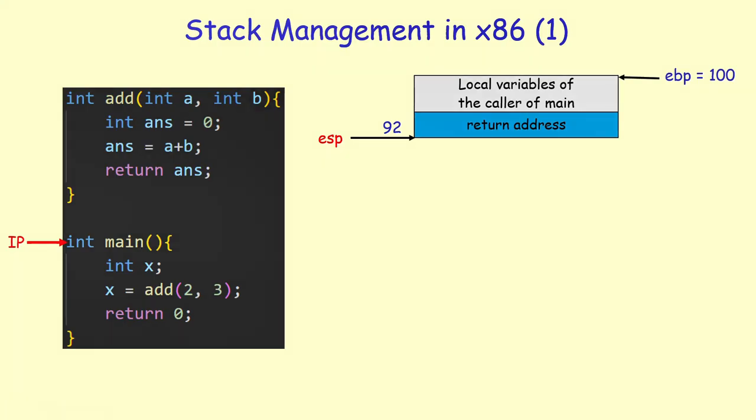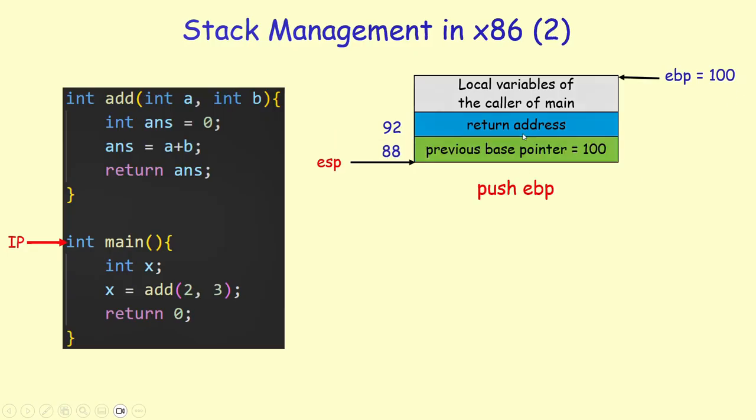Because we are starting to execute the main function, the first thing we have to do is to move the base pointer to point to the base of the call stack of main. To do that, I need to first store the old value of the base pointer into the stack. I do that using the push instruction. So the first instruction, if you look at the assembly output of this C code, is push EBP. I need to make a copy of the old value of the EBP base pointer into the stack. That's the instruction that's going to get executed.